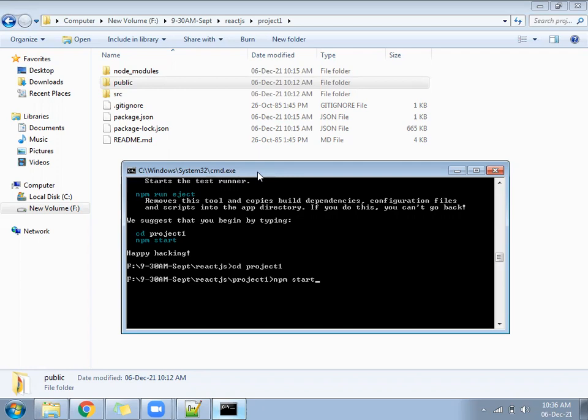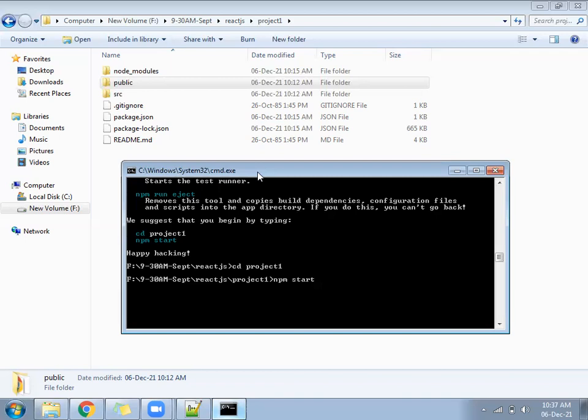This command internally is going to compile the source code of your project. If the code is bug free, then it will get compiled properly, and then npm will give a port number, saying your project will run on a particular port number. Go and run this URL in the browser, you can see the output. So every time you want to see the output of your project, you must type this command.